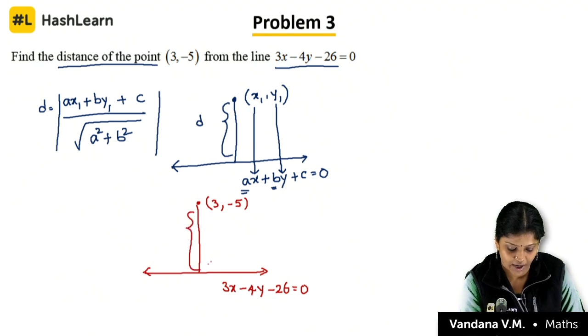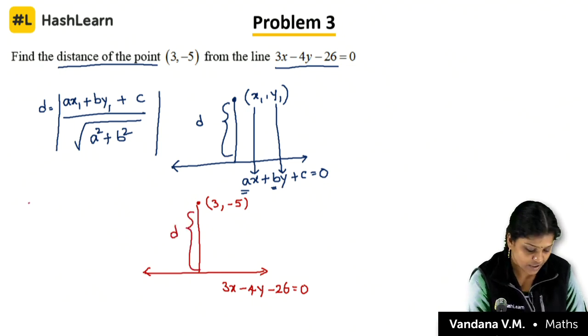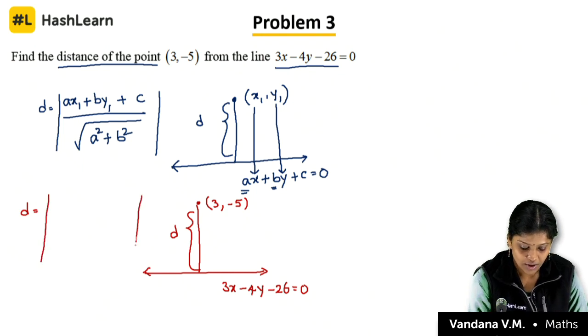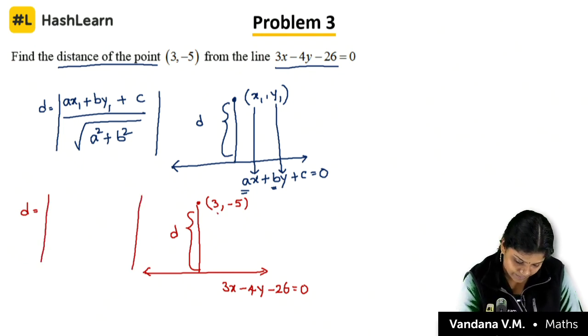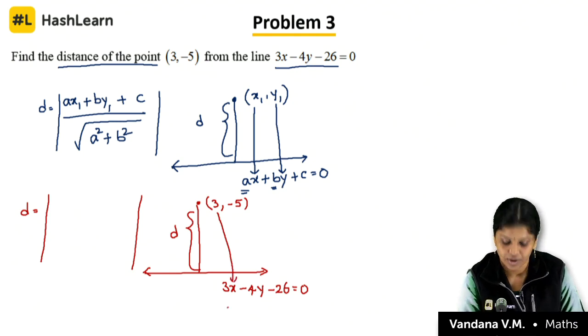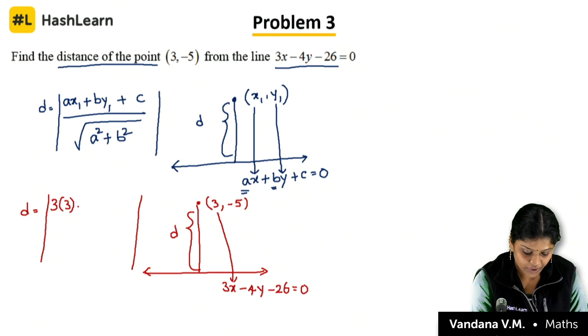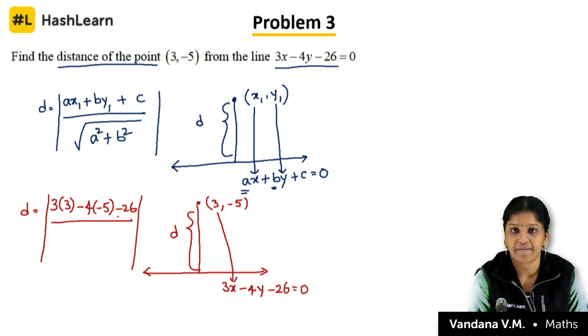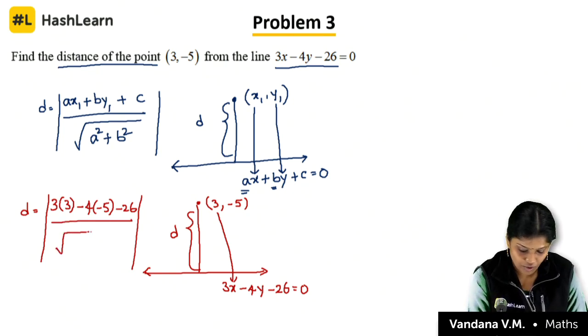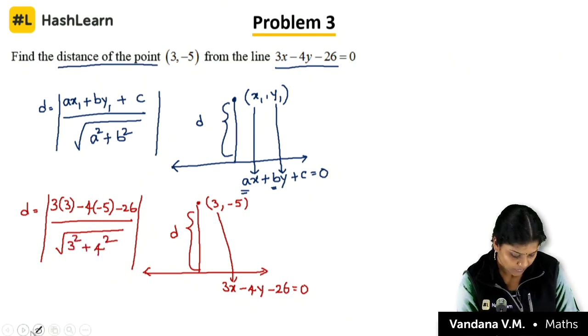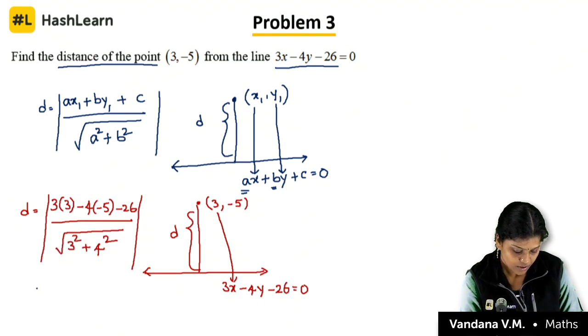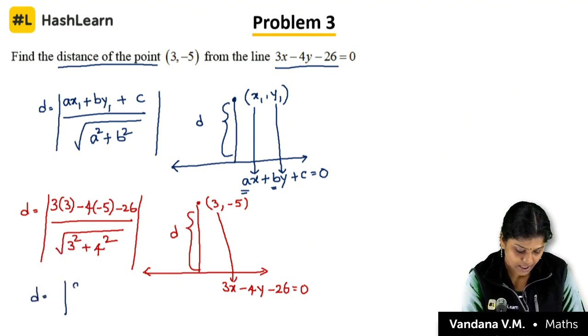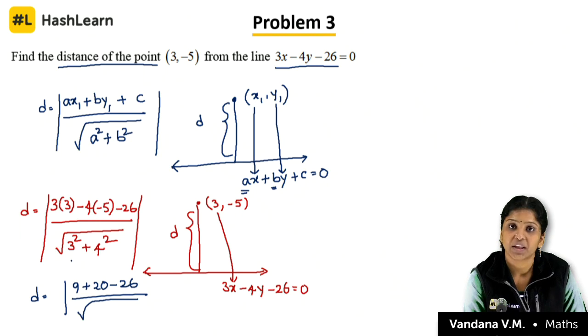Now, what I have to find out? I have to find out this distance. Please find out the distance, what I told you. Magnitude of, start writing. Wherever x is there, write the point. So, 3 into 3 minus 4 into minus 5 minus 26 divided by root of 3 square plus 4 square. Clear? Now, d is equal to 3 3s are 9 plus 20 minus 26 by root of 3 square is